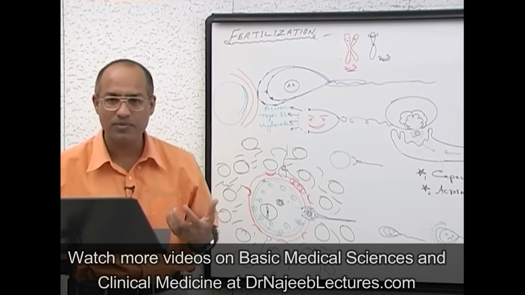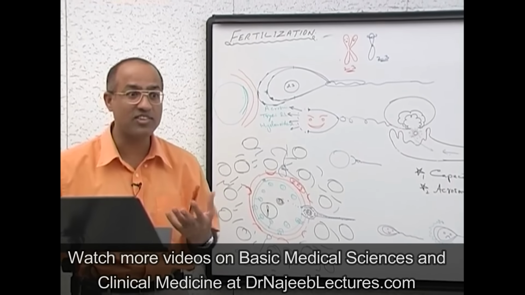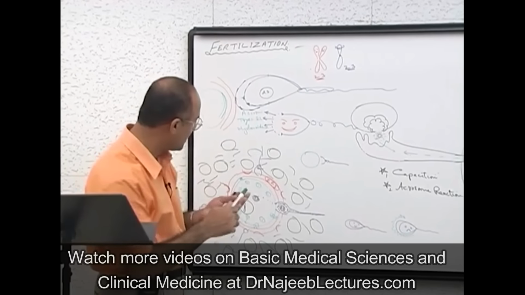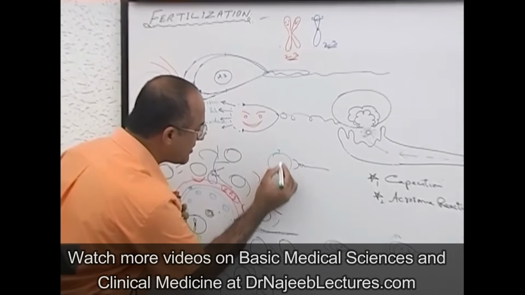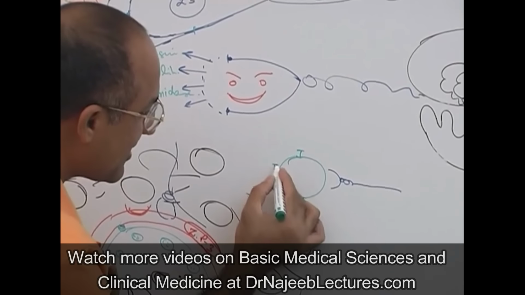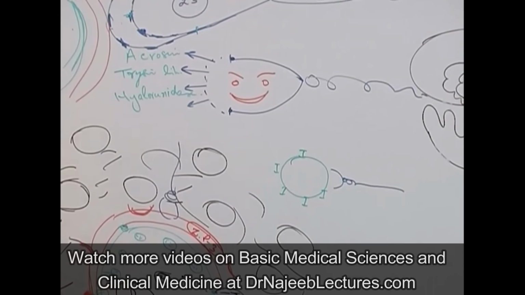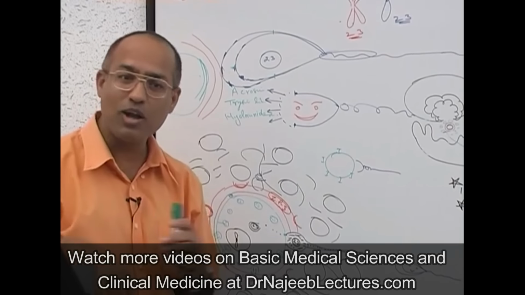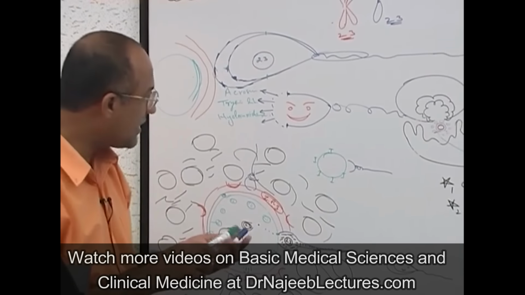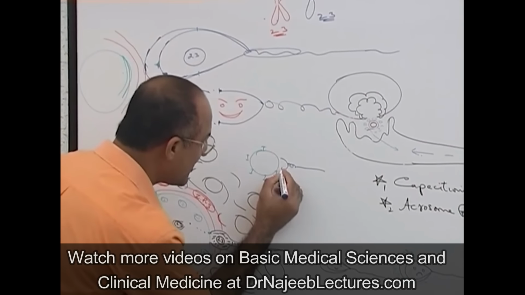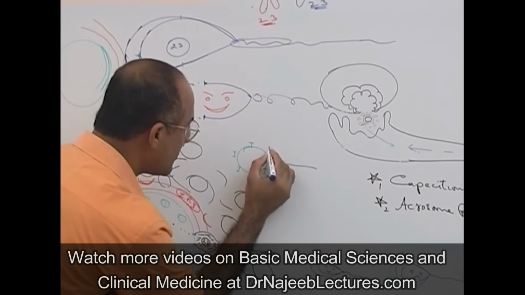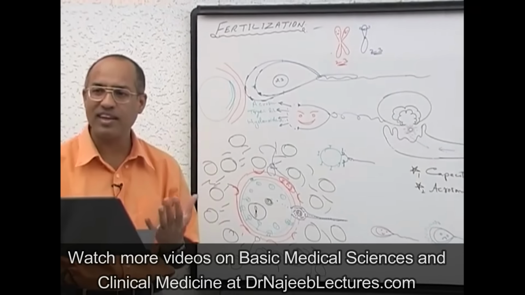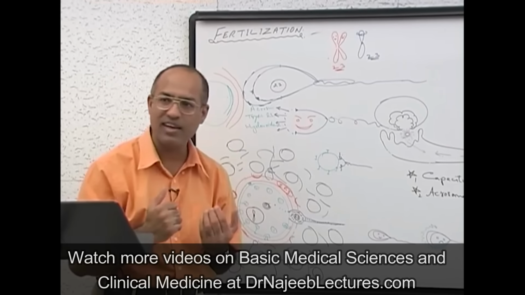What does it remind you? I think nasty things are coming to your mind. No, I'm not talking about that. This should remind you of some important molecules. The molecule here is called integrins. Integrins. You know, female wants to have integration. Right? Sperm wants to go in, but always behaves in some funny ways and displays disintegrins. Disintegrins. So molecules on the ovum surface are integrins and molecules on the sperm surface are disintegrins.